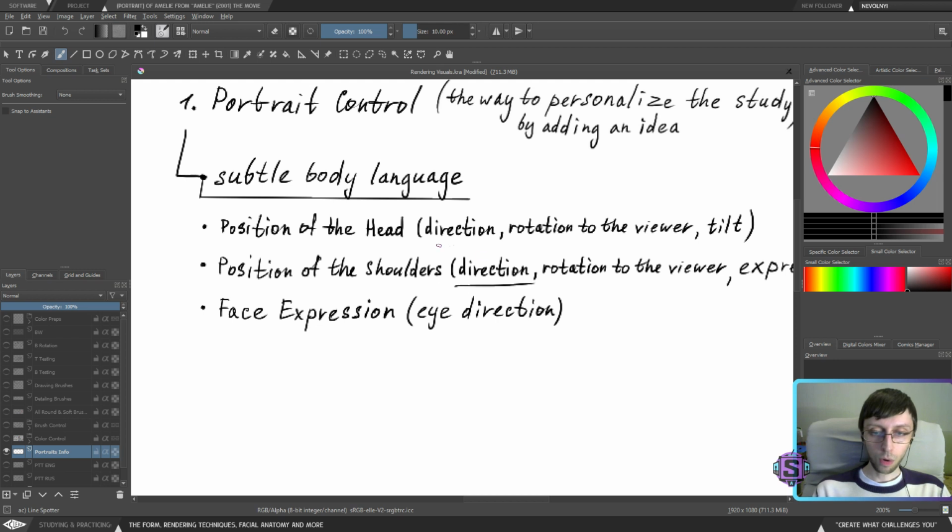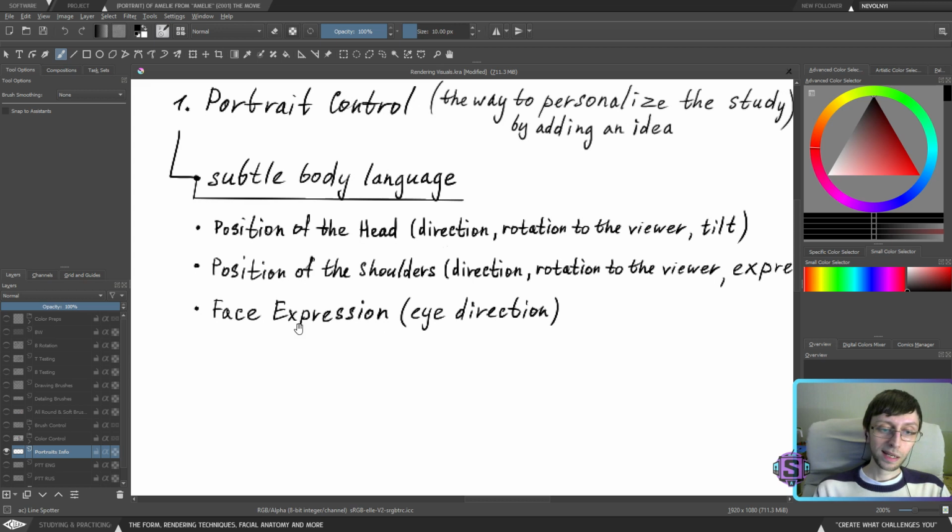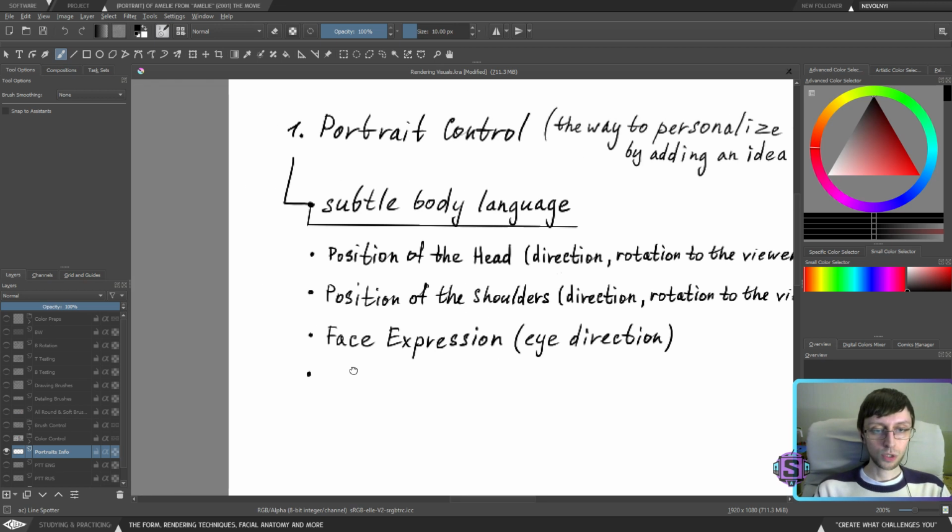Again, we see all three elements have control of the direction. This direction control is purely psychological. We're going to look at it not from the actual directional standpoint, where the arrow is pointed, but the psychological feeling of where the direction is heading towards. It's going to be kind of a psychological thing. And the last thing is going to be